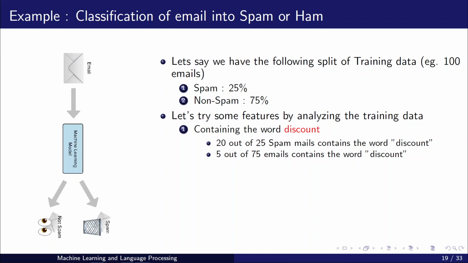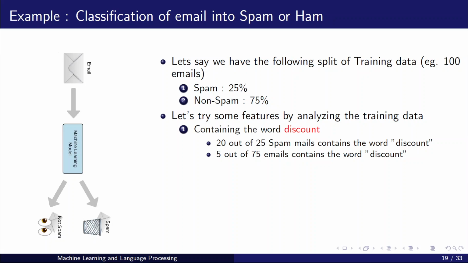Let's say we have some previous data. We have some 100 emails with us, and we have the following split. This is supervised machine learning, so you should have labels associated with it. Out of these 100 emails, 25 are spam emails and 75 are non-spam emails. So your data is like this: email content, label spam; email content, non-spam; email content 3, non-spam, etc. That sort of data is available.